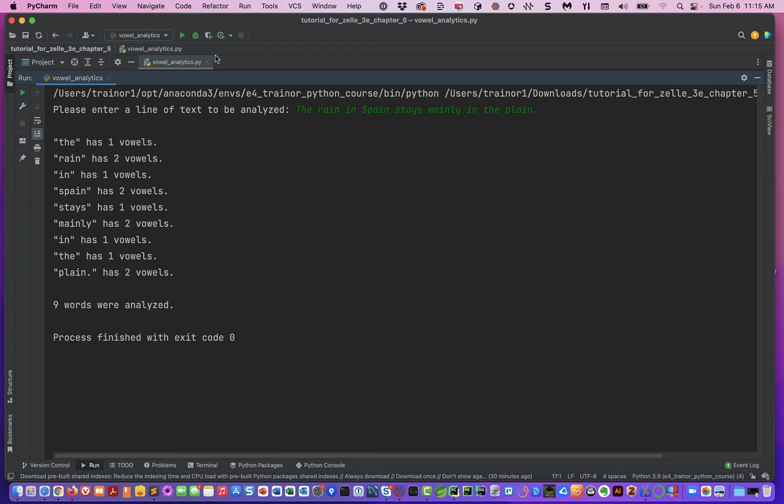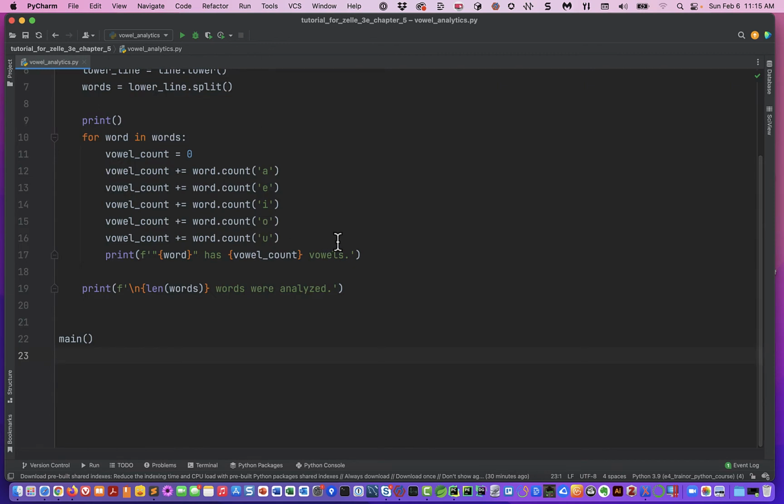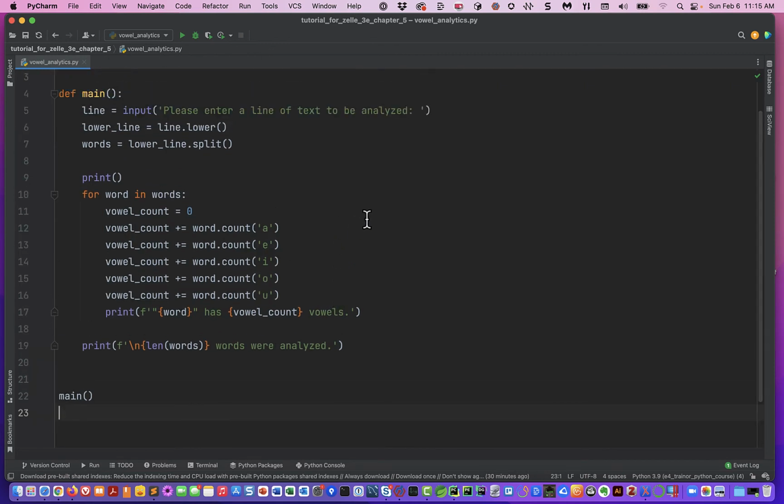Okay, are we done yet? Well, we could be done, right? But we're going to introduce an idea here that we're going to call refactoring. Okay, well, what is refactoring? Well, in the current